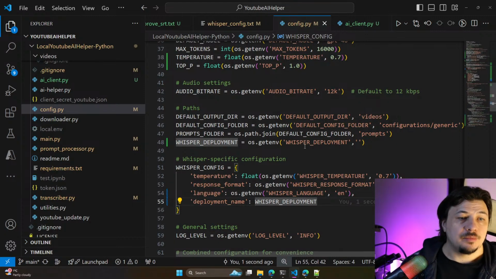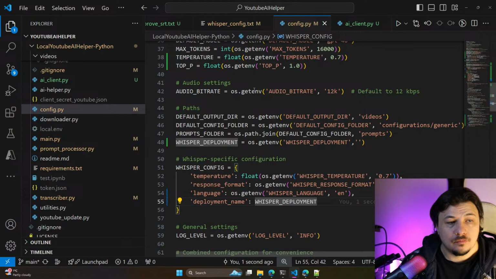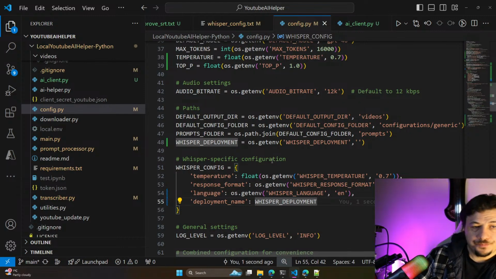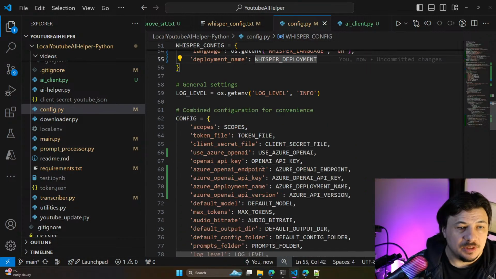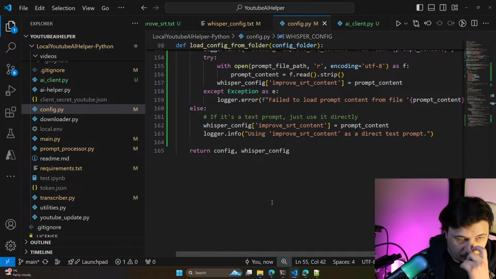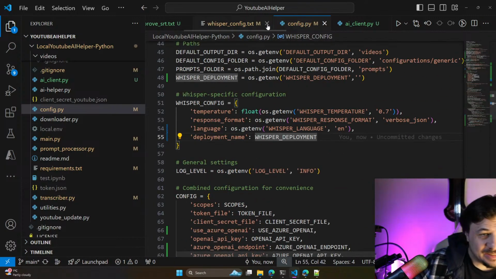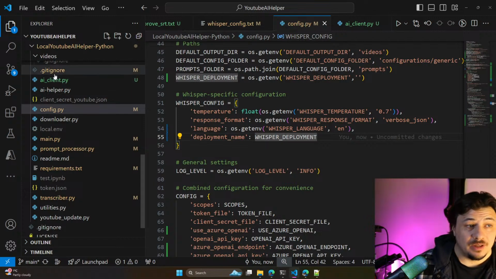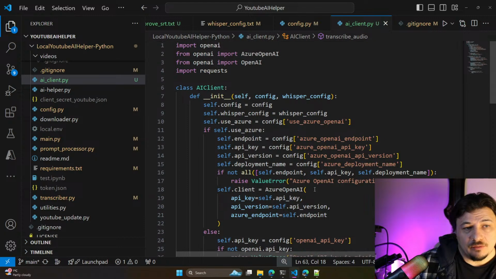Deployment name. Okay, so whisper config deployment name. Okay, looks like we mostly finished, except we just created one file, AI client py, but we never tested it.